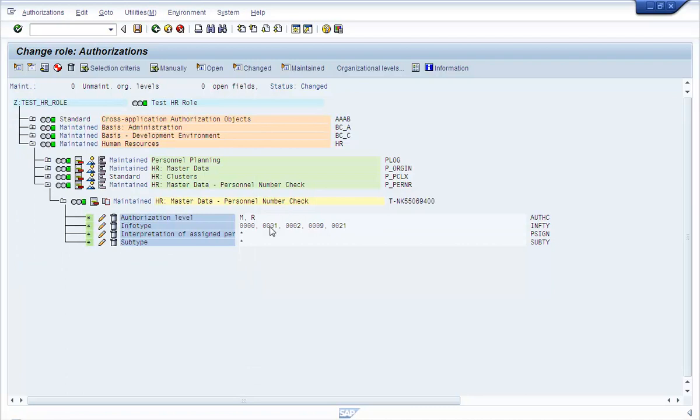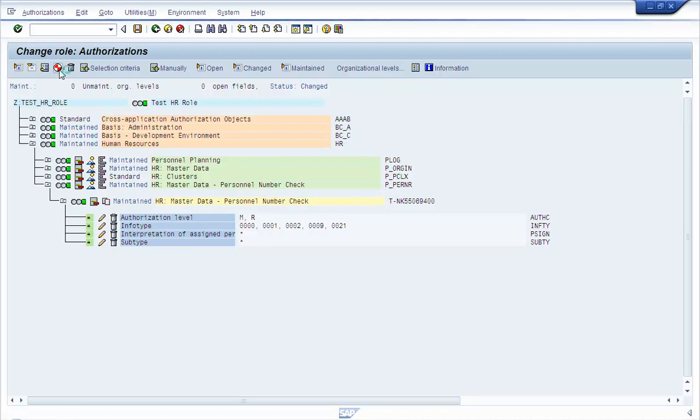Now, if you want to display the HR master data, then you need access to P_ORIGIN. Now you need P_ORIGIN along with P_PARTNER if you want to display data of other users. If it is your own data, then you don't need P_ORIGIN. You can just simply make do with P_PARTNER.